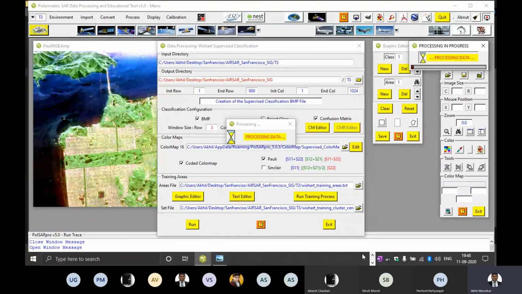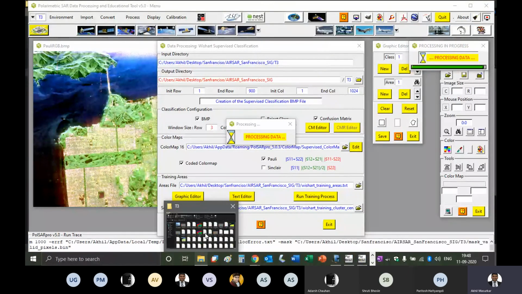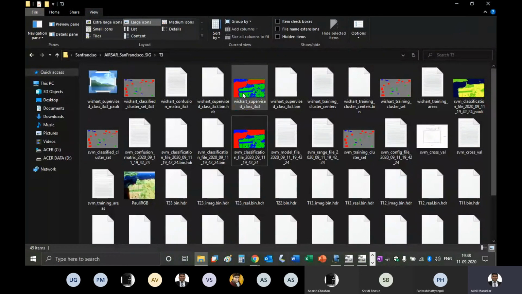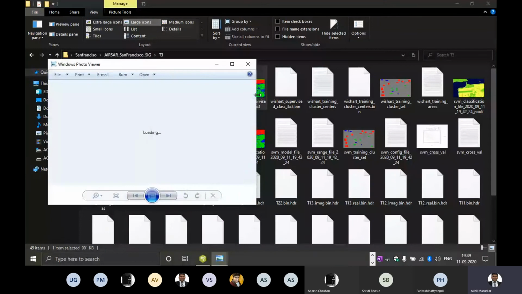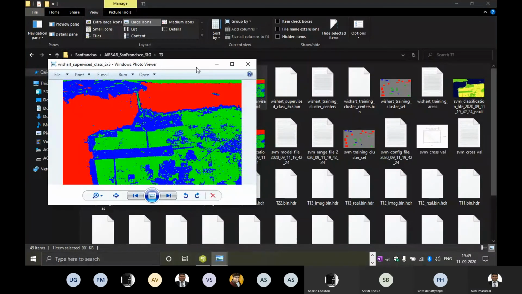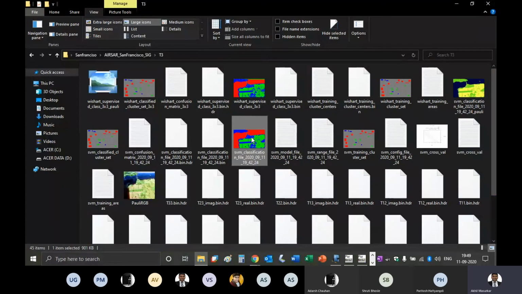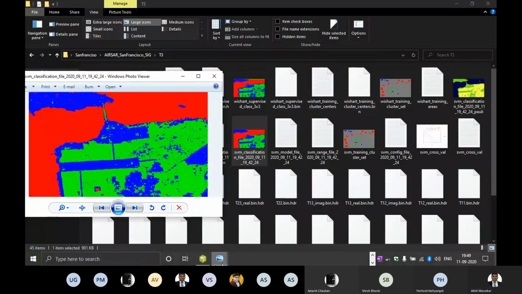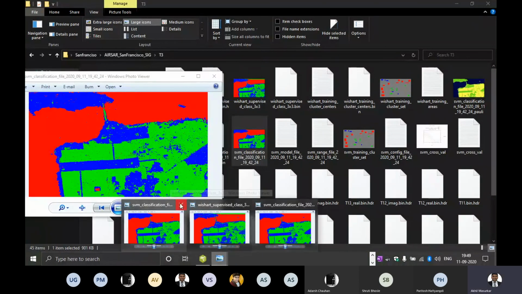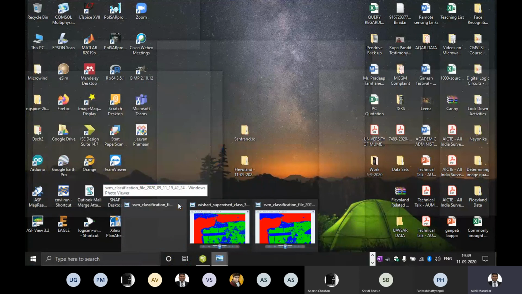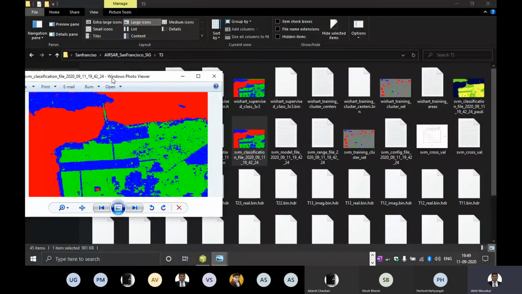Okay. So let's see in our folders what I've got. So this is the Wishart file and this is the SVM supervised classification file.